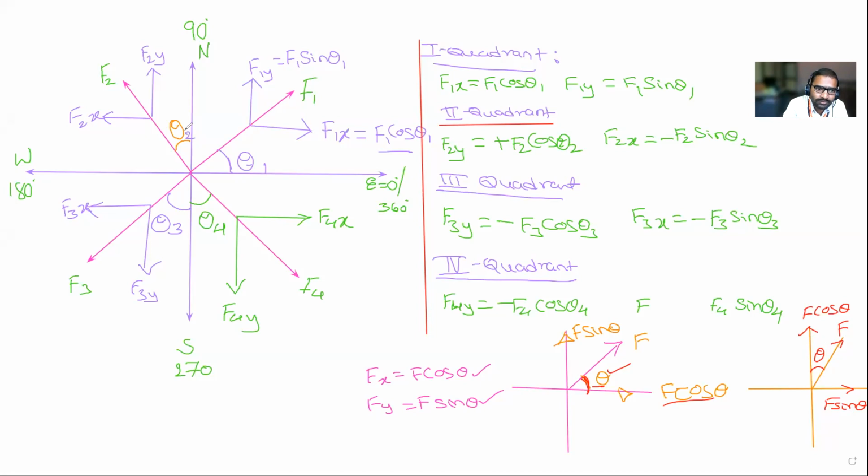With respect to vertical, no? Vertical. Correct. So this is with respect to vertical. See here, the F3 force is making an angle theta 3 with respect to horizontal or vertical? Vertical. So for this, the vertical component F3y, what have we written? Yes, cos theta. And F3x is sin theta. Clear? Yes, sir. Yes, okay.